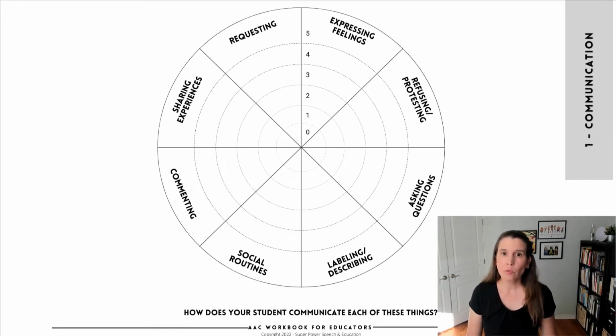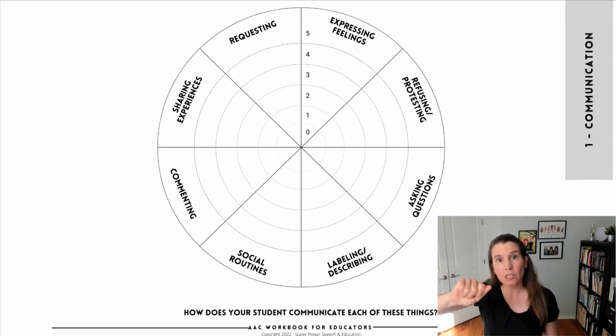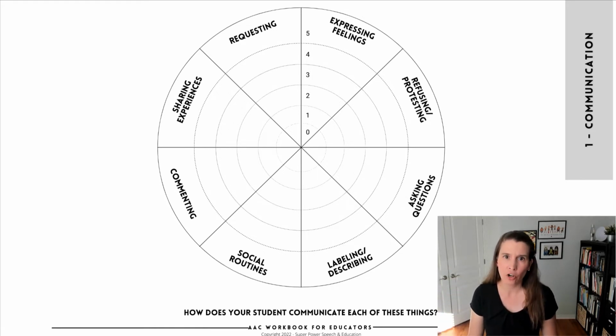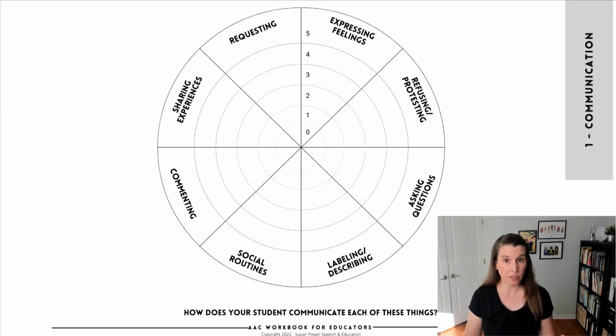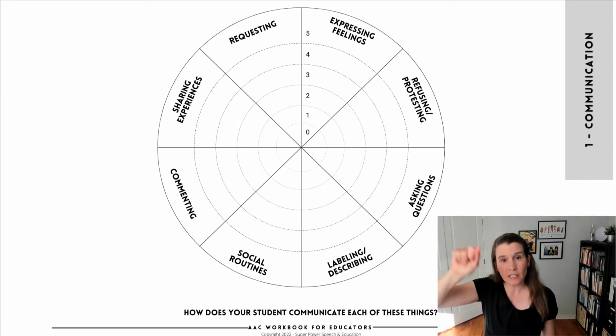Okay, so from here, we need to take a look at one or more of your students. So go through in your head, maybe just start with one student for now, and you're going to actually mark up on this page of your workbook how skilled they are in doing these things. Now, they don't have to be using their verbal speech to do these things. Like if you have a student that's very good at refusing or protesting because they throw things and they scream and it works, then I would give them a high score for that. But if you have someone that never asks a single question, right, then they're going to get a very low to 0 score. And you're going to fill in each little section there of the pie,